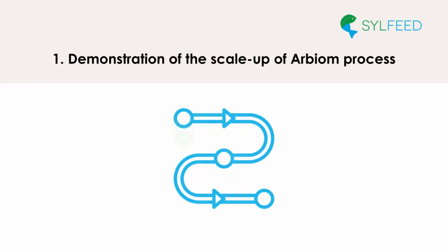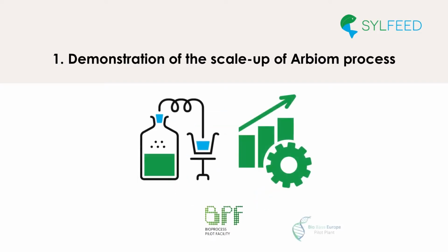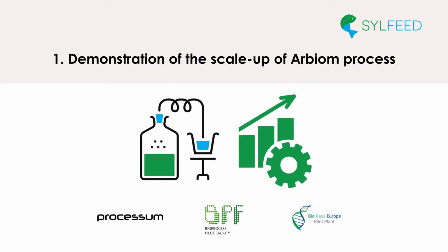One by one, technologies and equipment designs have been validated for all the unit operations to produce SylPro at large scale. Rise Processum offered its screening platform to optimize fermentation conditions, while BPF and BBEU assisted Arbiom to cross the valley of death of the demonstration scale. Arbiom is now considering the industrial deployment with confidence and looks forward to the next step in its way to